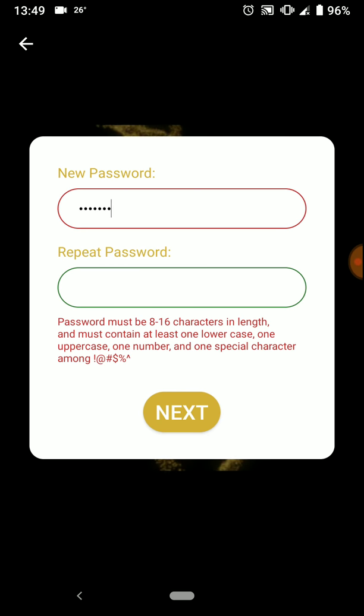Now the passwords do not match, so obviously it should give me an error. So when I hit next, again there is an animation for screen vibration with a prompt saying passwords do not match and a red border for the edit text. Now if I correct this,